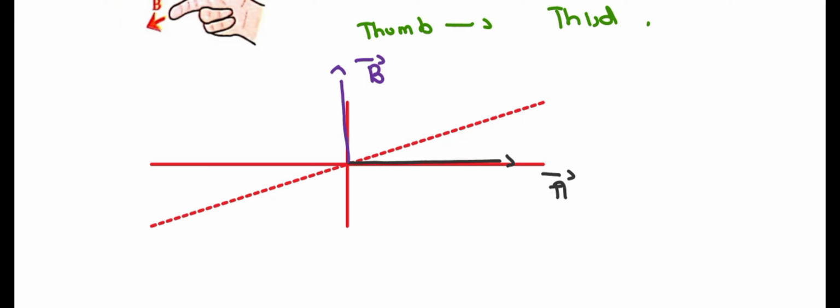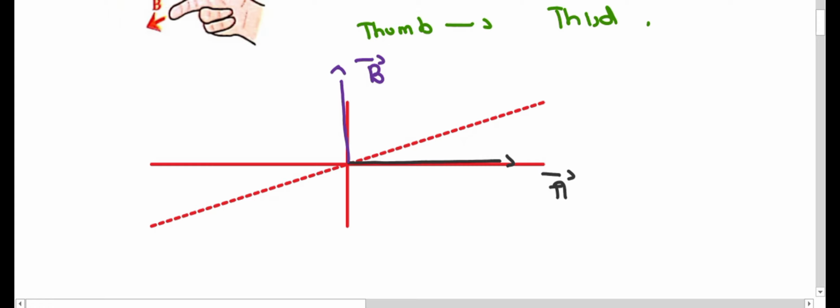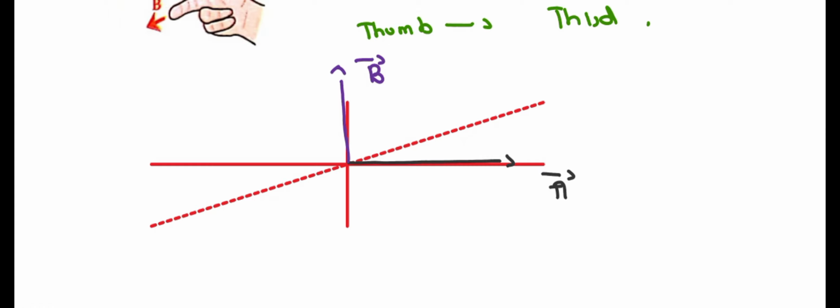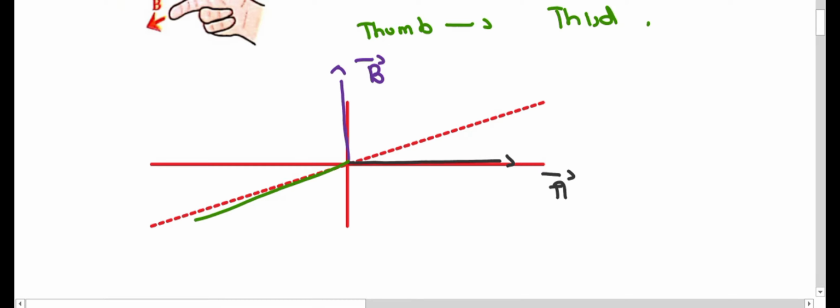Then put your middle finger onto the direction of the B vector, and in this case the B vector is basically the positive y-axis, which means vertically upward. So your thumb points outward from the screen, or outward from the page, so it is basically the direction of the C vector, which is the positive z-axis. Again,